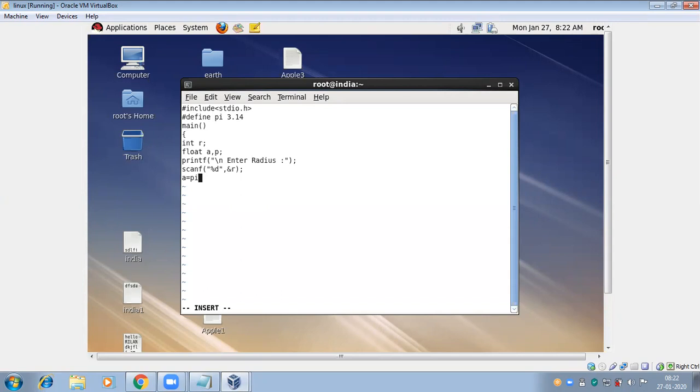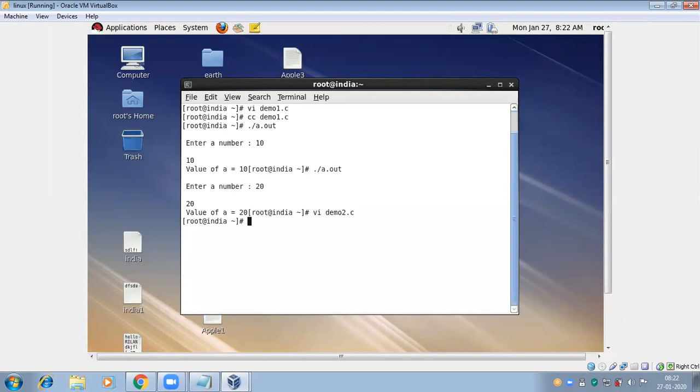Then pi into r into r. p is equal to 2 pi r. In printf, area of a circle, perimeter of a circle. Then cc filename.c, then ./a.out.